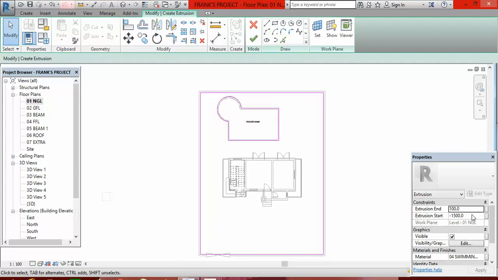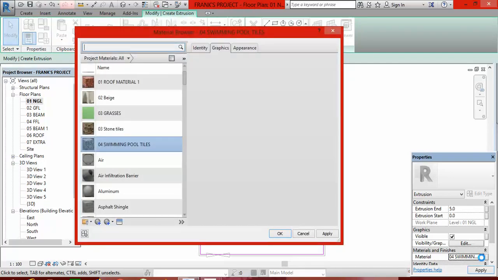What will be the thickness? For the extrusion start, it's going to start from 0, which is the natural ground level. The thickness is going to be very small, 5, so that it does not affect the steps of the building. So I make it 5, very small, very thin. So I'm going to give it a material. So I go to material here, click on the ellipsis,